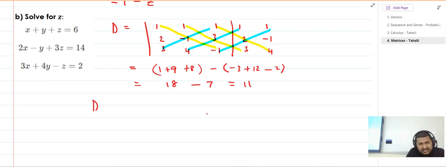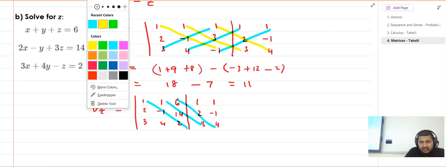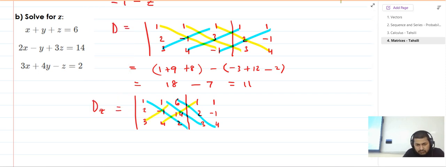Now to find dz, the determinant of z, I have 1, 2, 3, 1 minus 1, 4, and substitute 6, 14 and 2 into the z column. So this one will still be the same, 1, 1, 2 minus 1, 3 and 4. Let's multiply everything out. Right, and then upper diagonal. Right, so let's see. Negative 2,